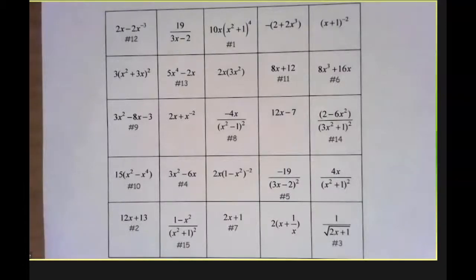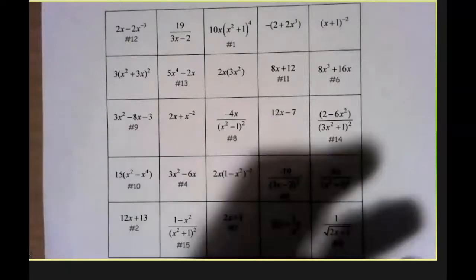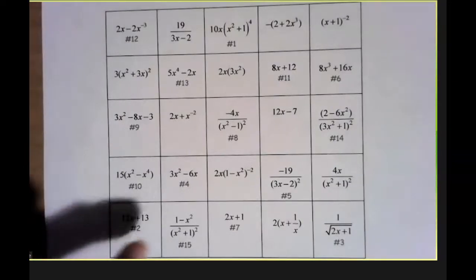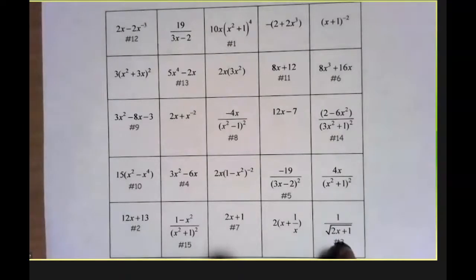All right, so when you completed that bingo sheet, what you should have seen was that the answers to the following questions matched with the solving spaces on the board. So question number 1 matched right here. Question number 2 was down over here. 3,